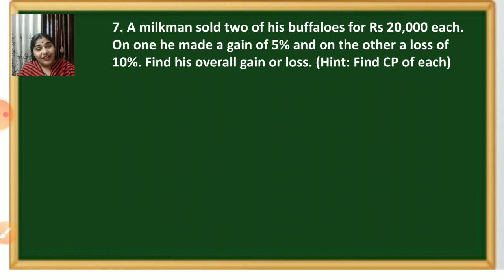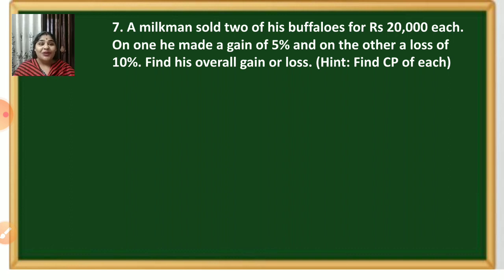In the earlier example, children, in the earlier sum, CP was given to us, cost price, and we have found SP, that is selling price of each item, that is VCR and TV separately. We have added them and then we got the total cost price. We have total selling price and we compared and we found. Here also the same, children, only the thing here now the cost price we have to find. In earlier one we have find the selling price. Now here selling price is given to us, we have to find cost price.